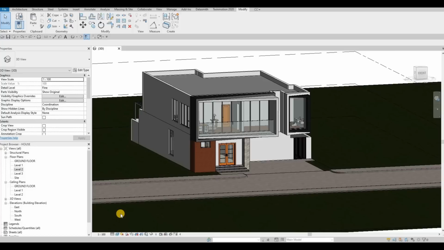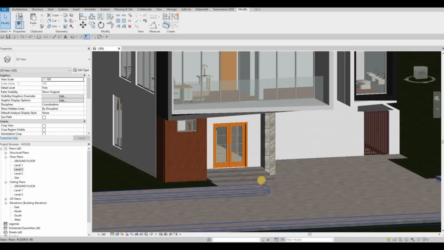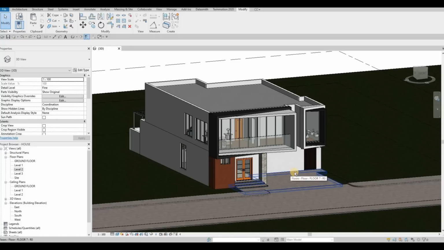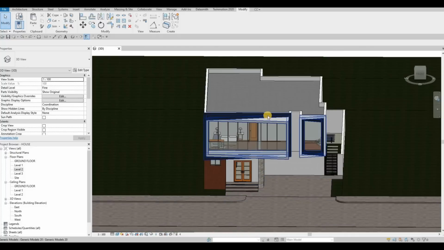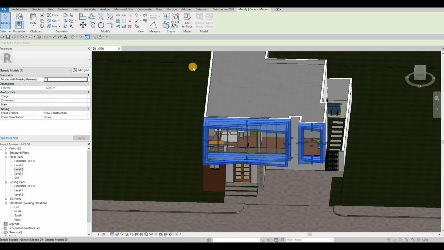So in the last video, we were able to create all this extrusion right here, and then we created the stairs as well. So now we're gonna continue working on this. What I want to do first is to finish this one at the back, but we're gonna make it simple only. So I'm going to edit in place,